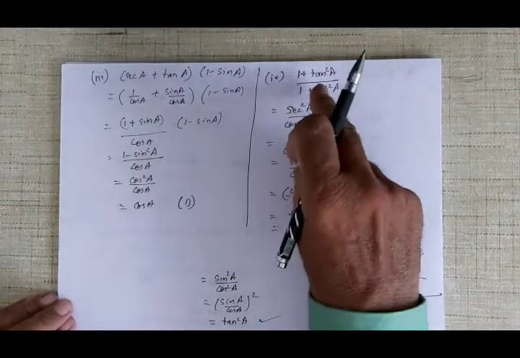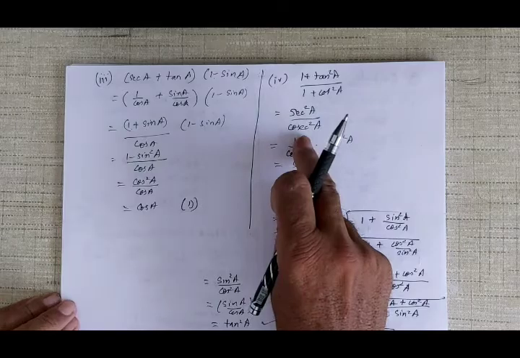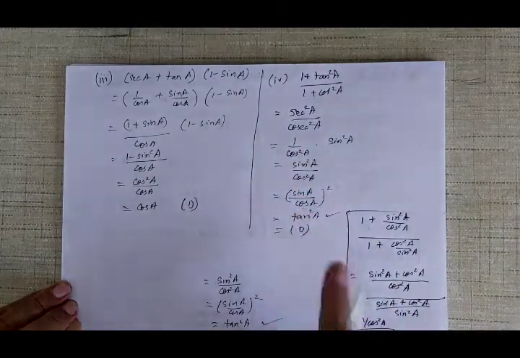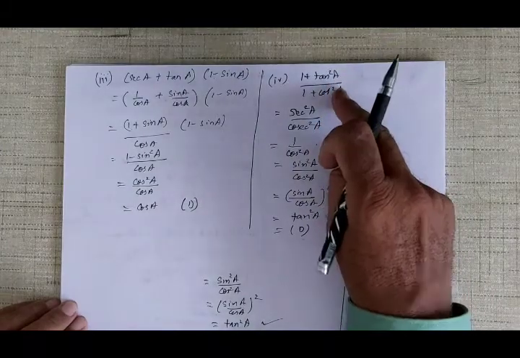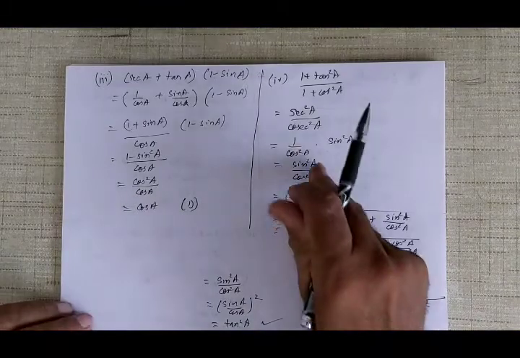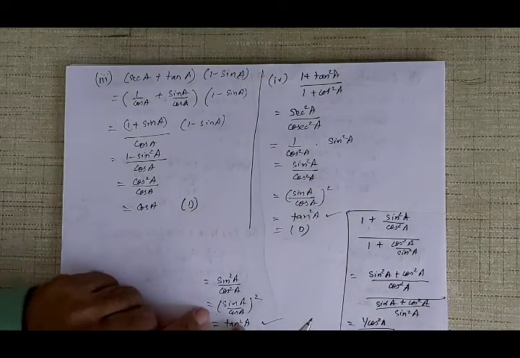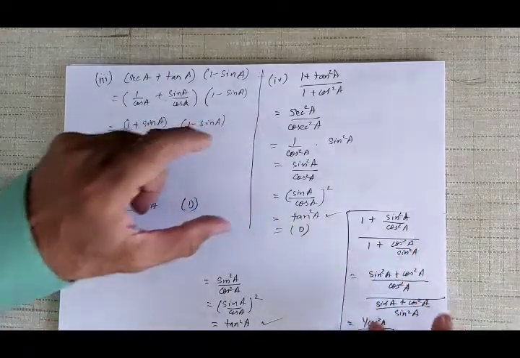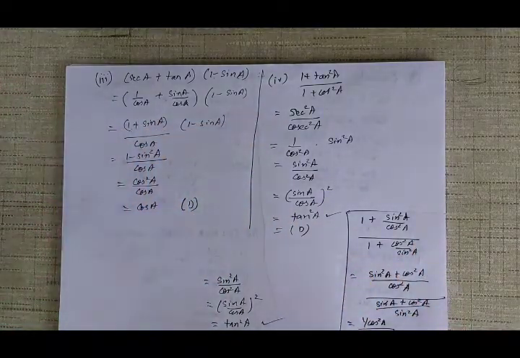Here I had started immediately by using the identity: 1 plus tan square is sec square, 1 plus cot square is cosec square, and directly substituted it. In this one I can change tan into sin and cos, cot into cos and sin. Then take LCM and then do it. So you see, both ways are slightly different. Okay, but the ultimate answer is always the same, because if you follow the steps and substitute the correct trigonometric ratios, then it is not a problem. Otherwise it can be a problem.